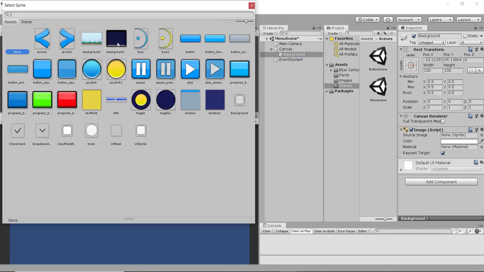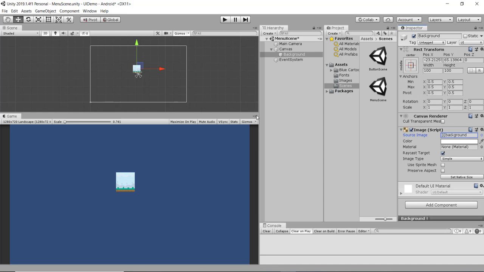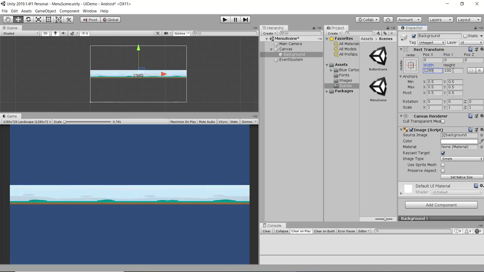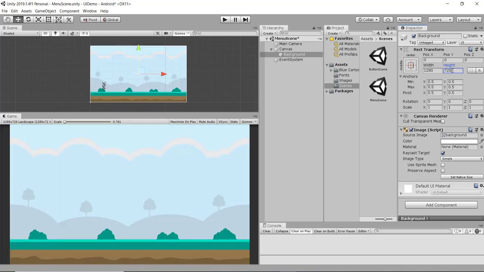I need to fix the size and aspect ratio for a better look. In the Rect Transform component, I can change the width and the height of the image to 1280 by 720. These are the dimensions of the image. I also need to fix the position back to 0, 0. This looks better. However, when I shrink the game view, I can only see a part of the background image